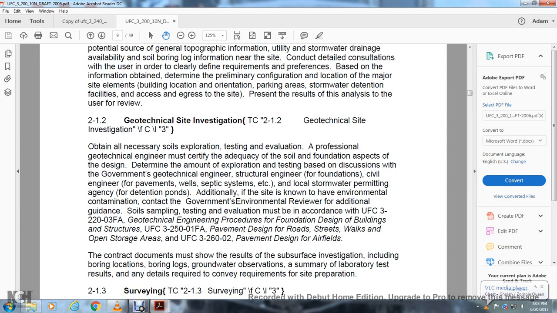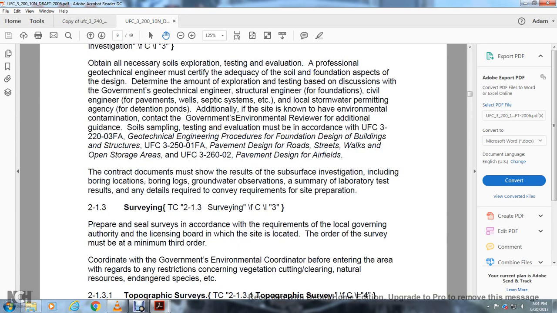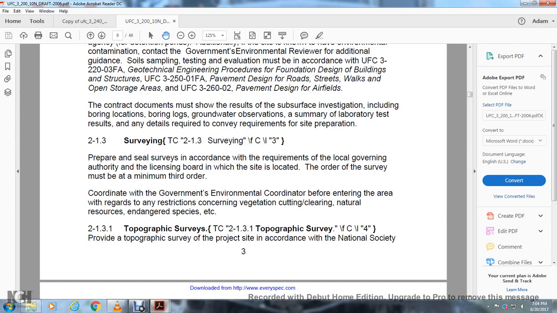sample testing. The evaluation must be in accordance with UFC 3-220-01FA Geotechnical Engineering Procedures for Foundation Design of Buildings and Structures, UFC 3-250-01FA Pavement Design for Roads, Streets, Walks, and Open Storage Areas, and UFC 3-260-02 Pavement Design for Airfields. Contract documents must show the results of the subsurface investigation, including the boring locations, boring logs, groundwater